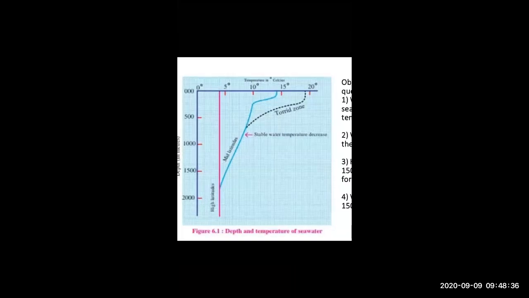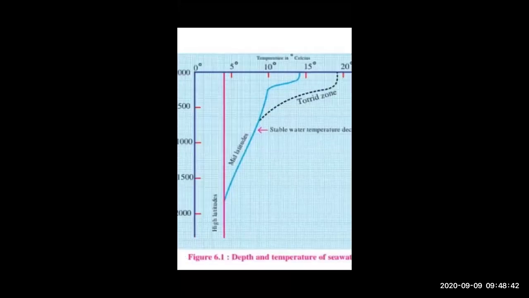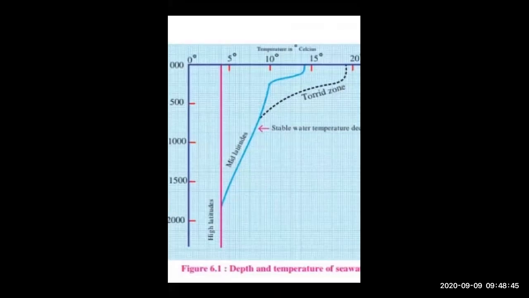Afterward, you saw there is a diagram over there. Just look over this diagram. Here there is temperature, 0 degree, then 5 degree, 10 degree, 15 and 20 degree. In this, when there is 4 degrees Celsius, the temperature is always the same. Just look over there, there is 4 degrees Celsius and the temperature is the same.